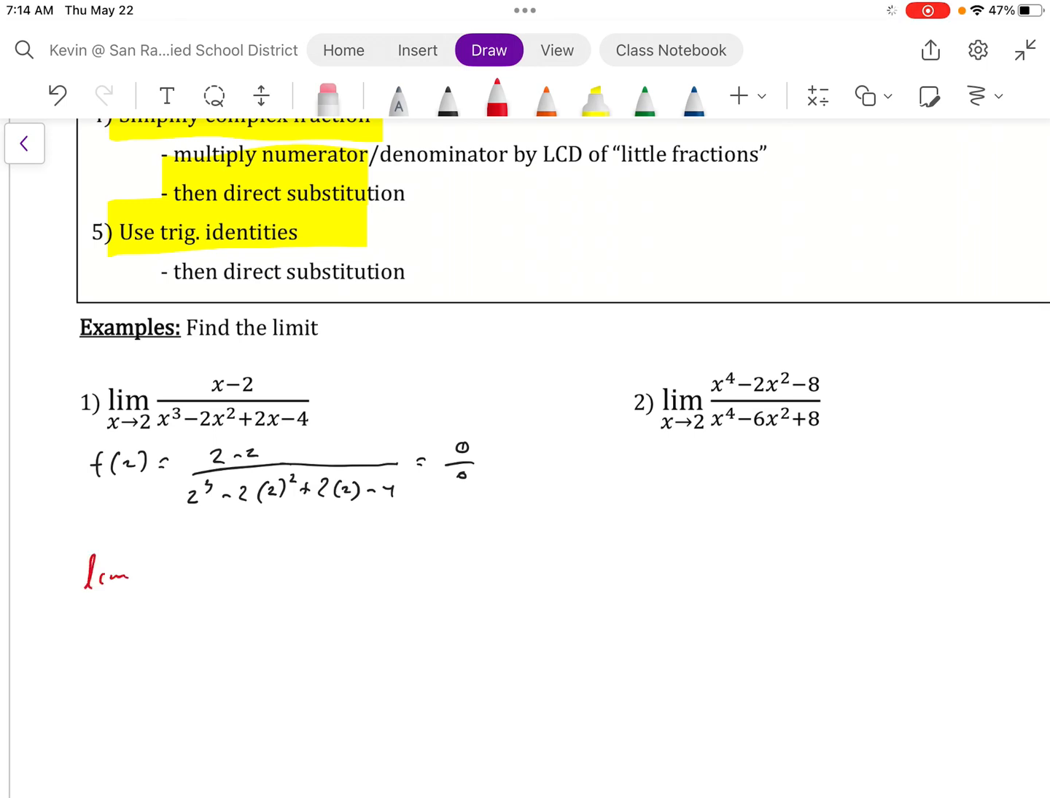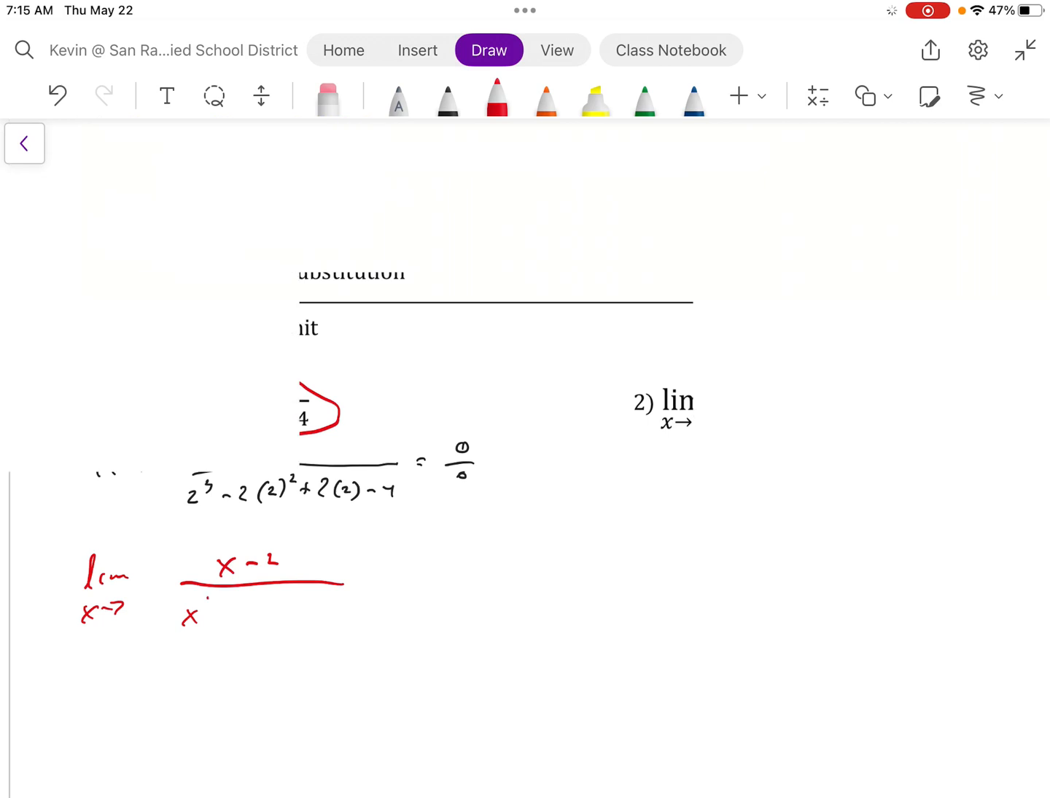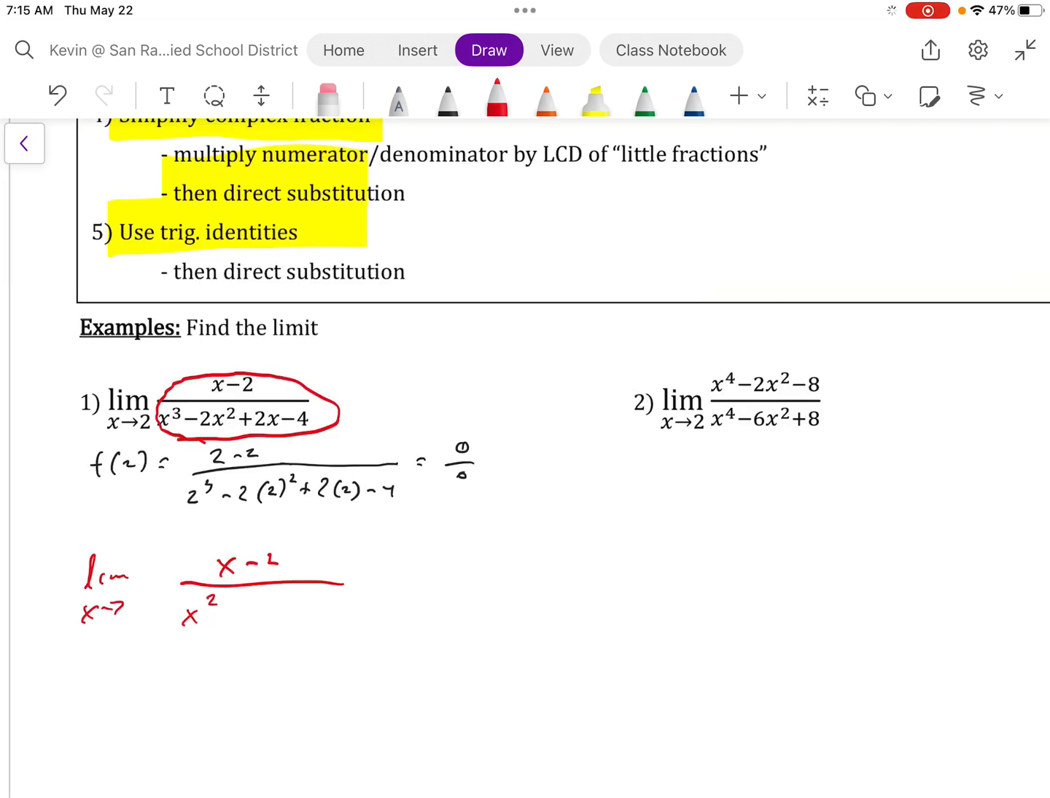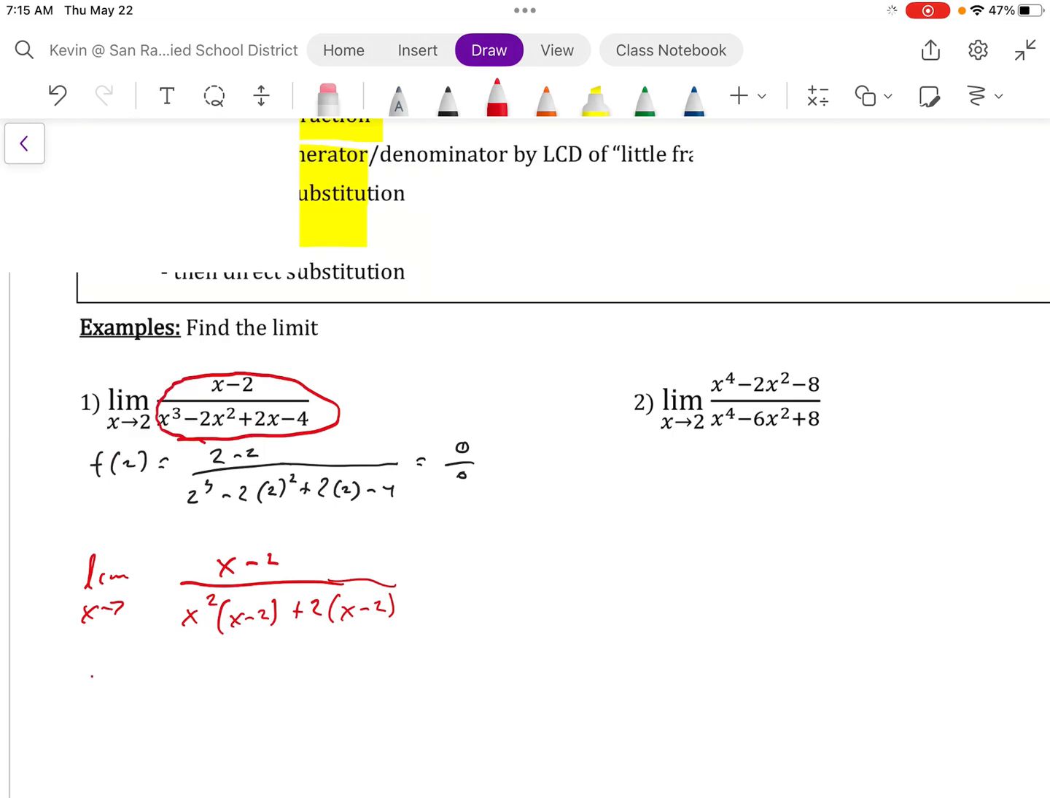And to do that, we take our function, this function here, and we simplify it. In this case, we factor the bottom, and some of you need to keep working on your factoring. Plus 2, and then x minus 2. Okay, so that gives me, after simplifying,